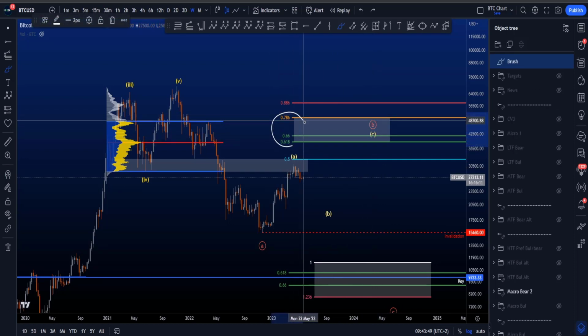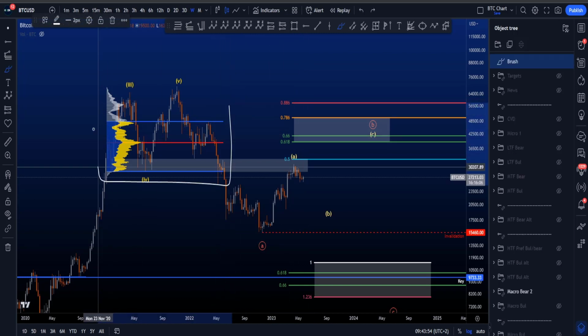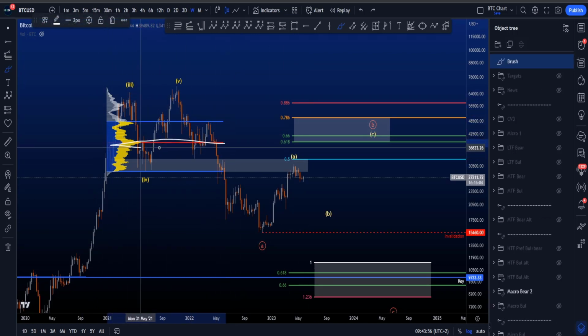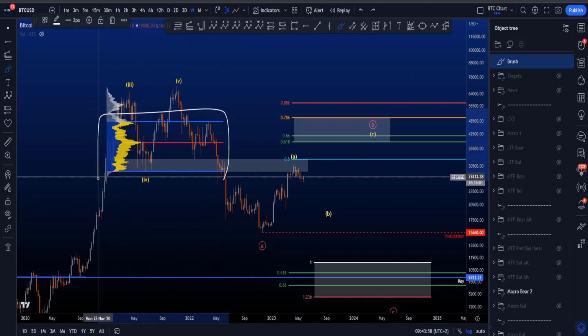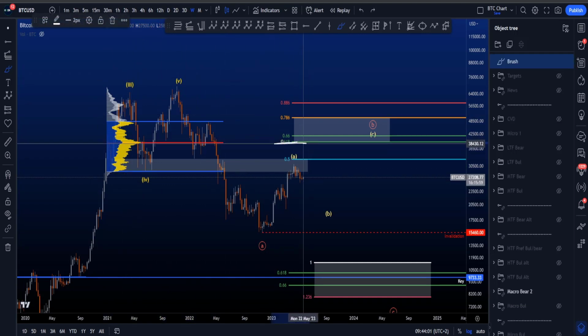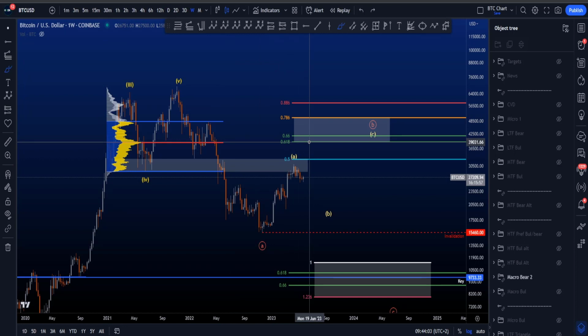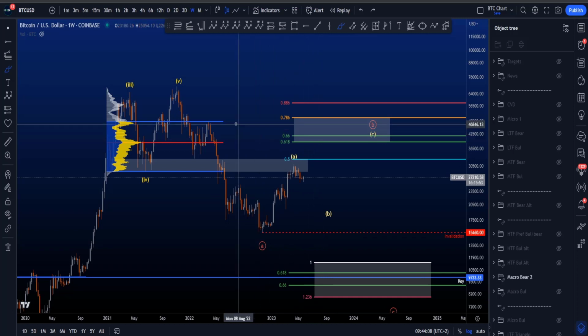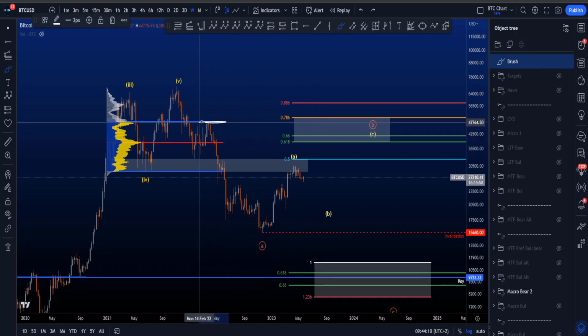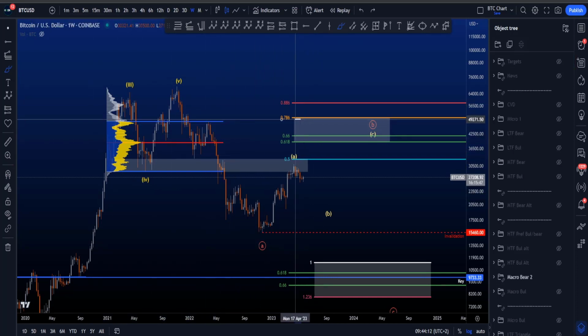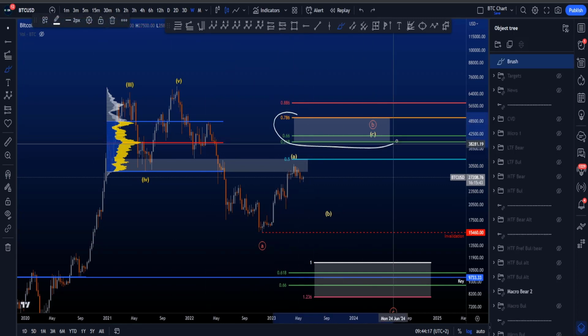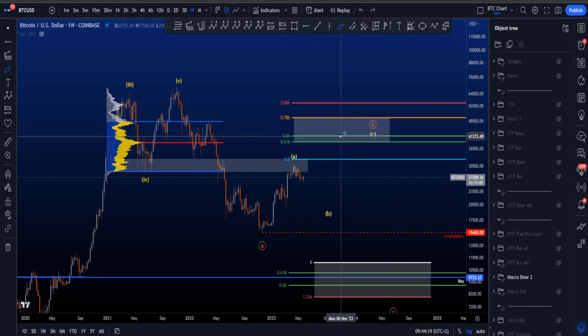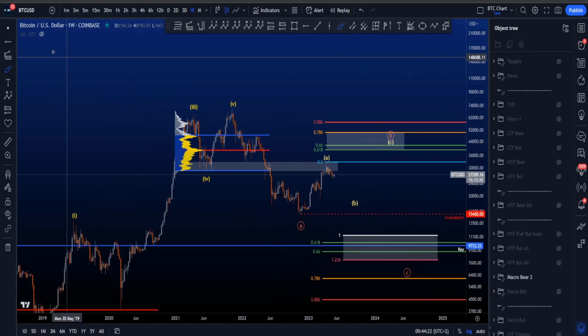And the interesting target area for a wave C and then the end of the red B is between the golden pocket and the 786, mainly because of the confluences that you see on the left side. So you see a volume profile over here, and the point of control, the area where most of the volume has been traded in this range, is right on top of the 0.618. So this level at about 39 to 40k is very, very important resistance for Bitcoin. However, we also have the value area high of this volume profile in confluence with the 786 at about 49 to 50k. So very important resistance over here for Bitcoin, for then a potential move towards the downside in this scenario,